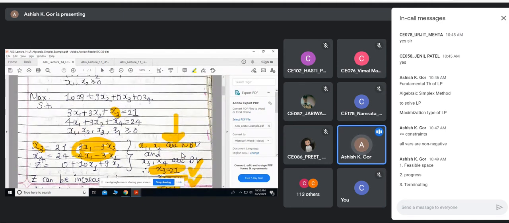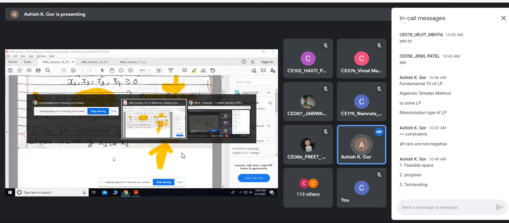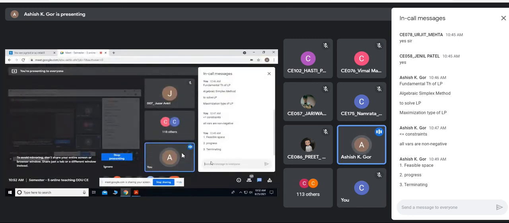If you put x1 equal to 0, x2 equal to 0, you get this value as 0. Which means Z, the optimal objective value, is 0. And this is the first step. What I do in the first step of the algorithm is include the slack. I make the slack variables basic variables, and the original decision variables non-basic, which means I am getting the very first feasible solution.